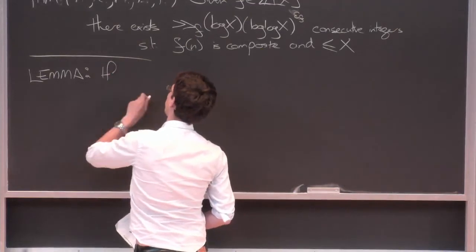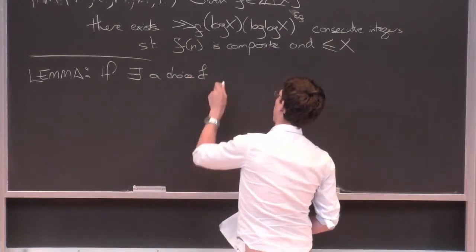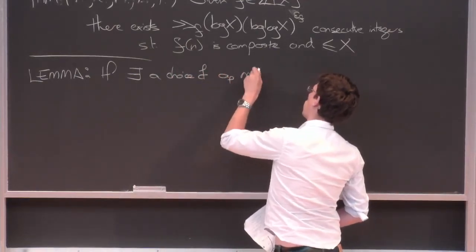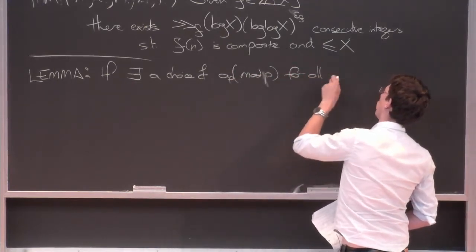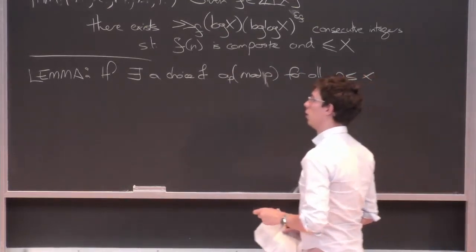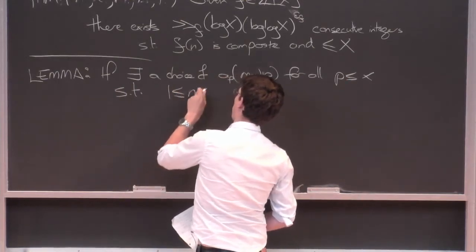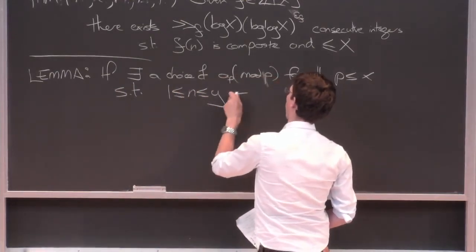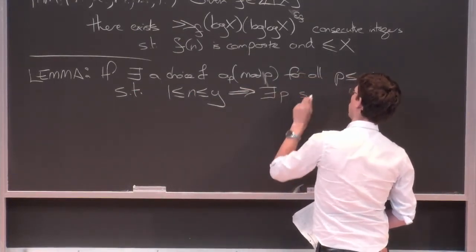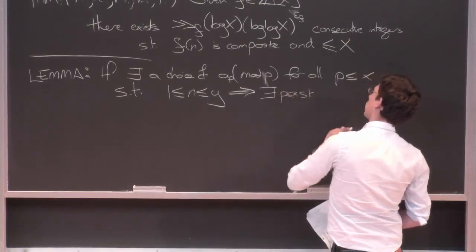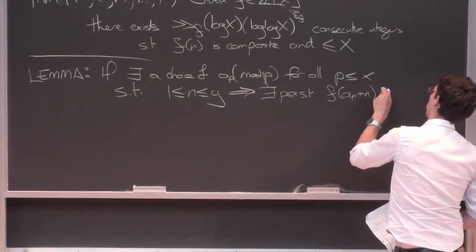So if there exists a choice of residue classes a_p modulo p for all primes p less than or equal to x, such that if you take any integer n between 1 and y, there exists some prime p less than or equal to x such that f of a_p plus n is congruent to 0 modulo p,